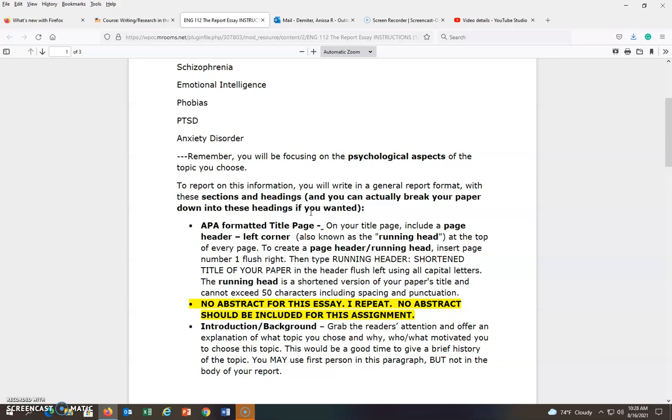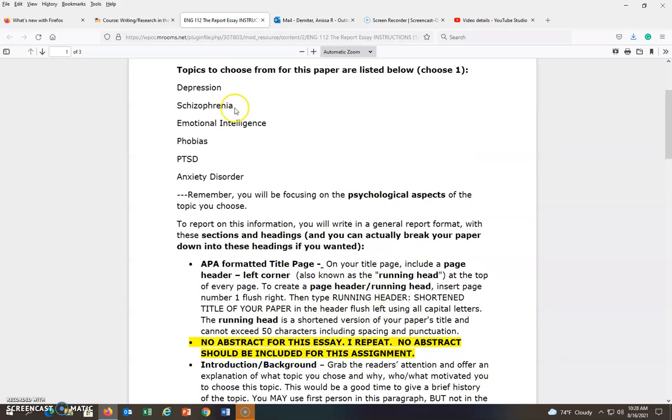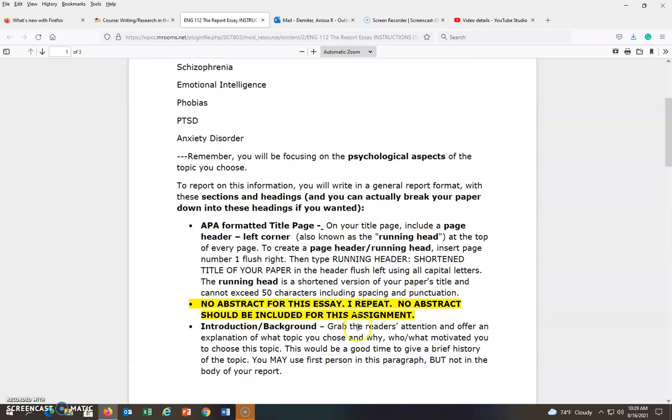And that's okay for a report, because a lot of times we write about things we don't really have a lot of knowledge about, so we have to pull in research. And again, this is not a first-person essay. You should not give your own personal experience. You should not give another person's experience unless it's coming from research.